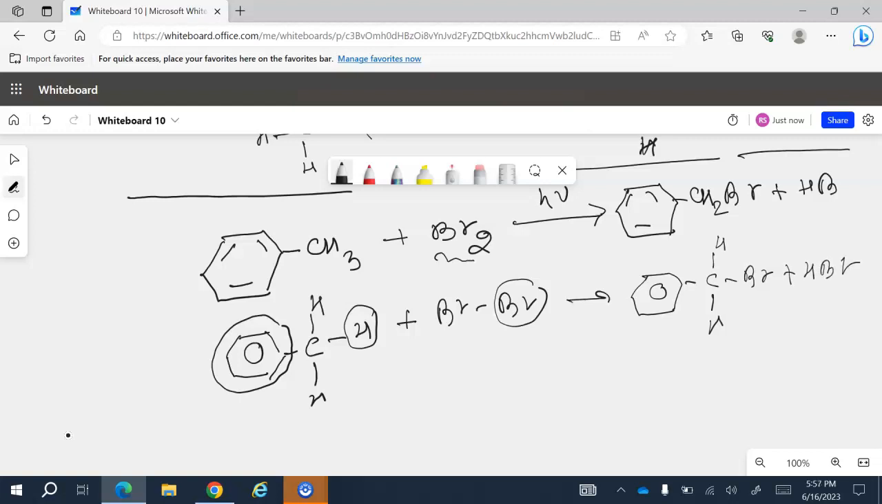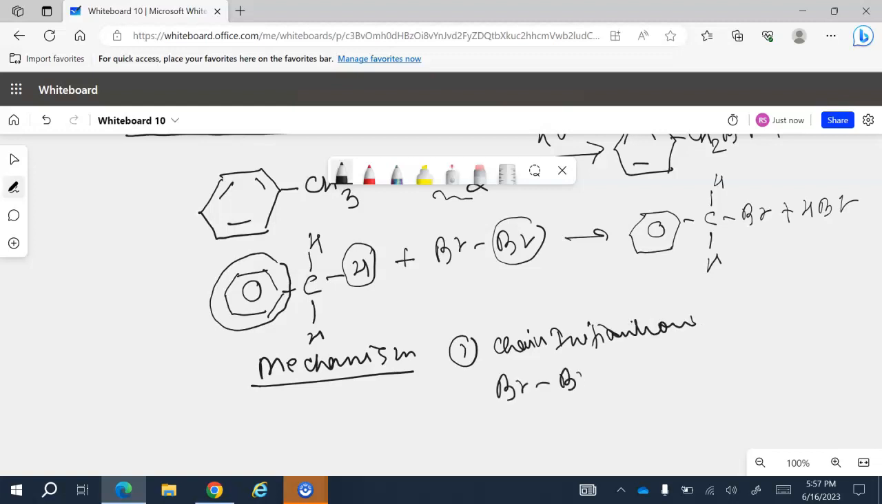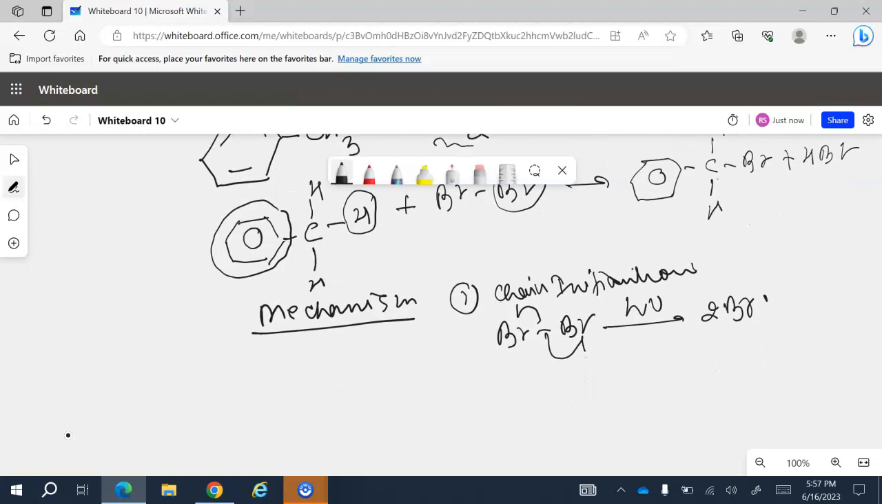Again, if you are asked to draw the mechanism of this, how do you follow that? Again, there are 3 steps that you need to follow. One is called chain initiation. What is the initiation step? You have bromine molecule in presence of sunlight that will cleave to give the bromine free radical. As we generated the chlorine free radical, here is the bromine free radical. Now this bromine free radical then goes into the second step called chain propagation, in which you have this